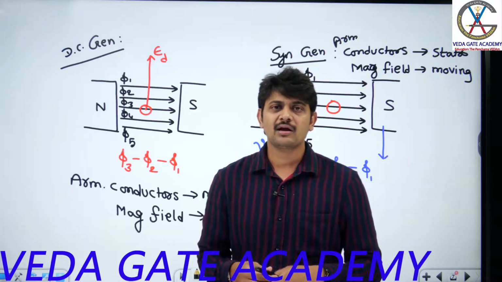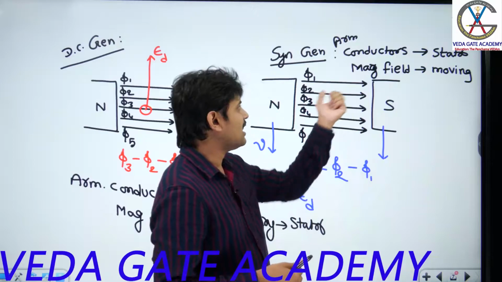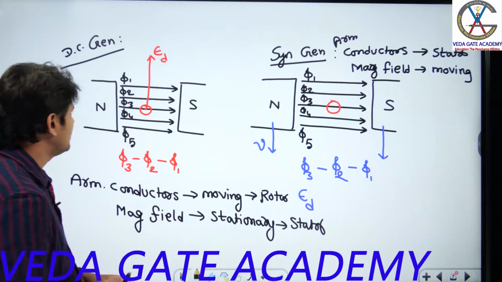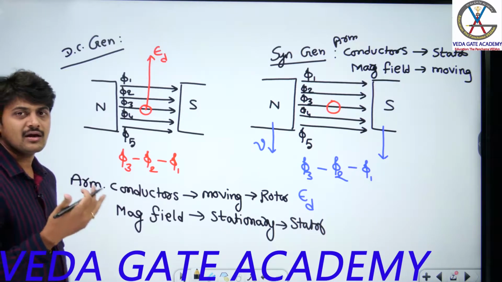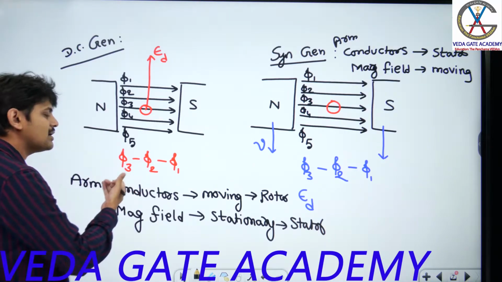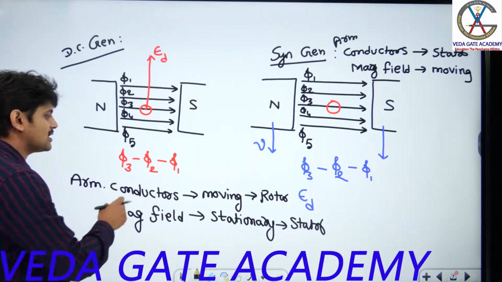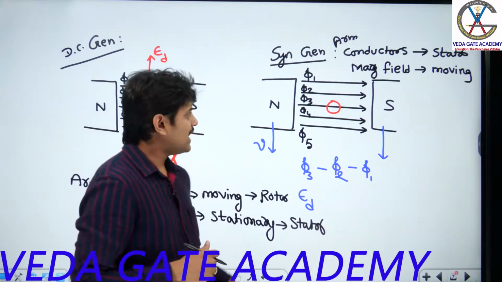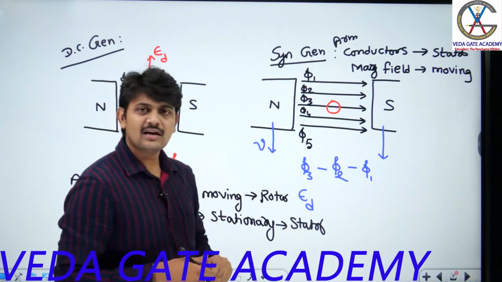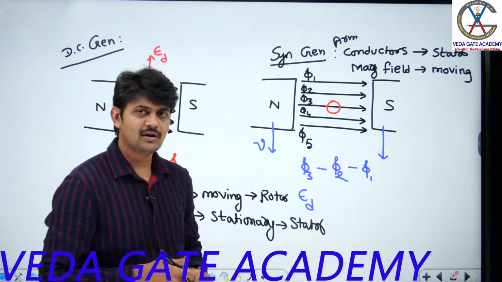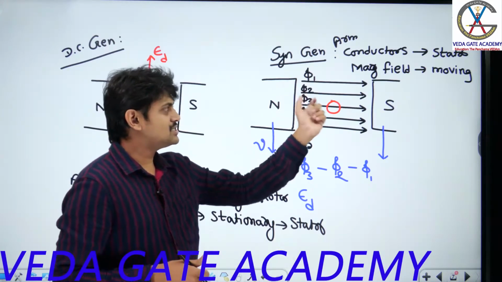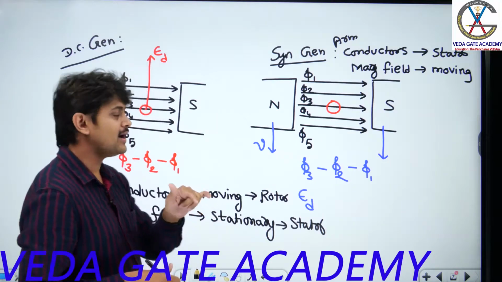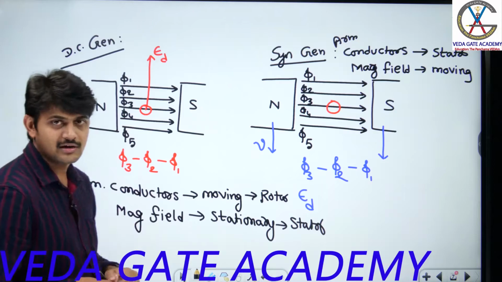In synchronous generators we can collect or supply the current without sparking and arcing, or at least minimize it. Whereas in DC generators, without arcing and sparking, we cannot collect or supply the current through these armature conductors, because they are kept on a rotating member called the rotor. Now as I said, the synchronous generator configuration is easy, right? That means stationary conductors and a moving magnetic field is an easy configuration. Then why are we not adopting the same configuration in DC generators?